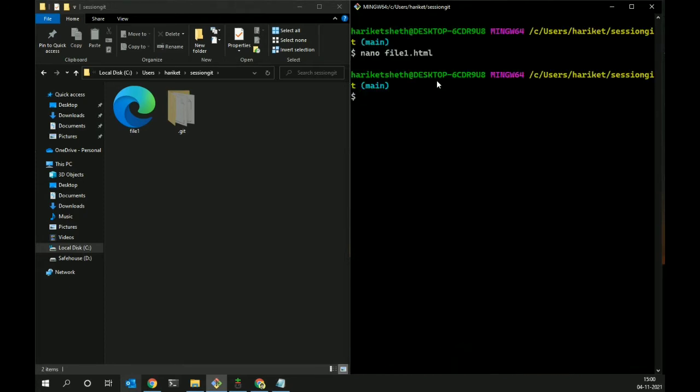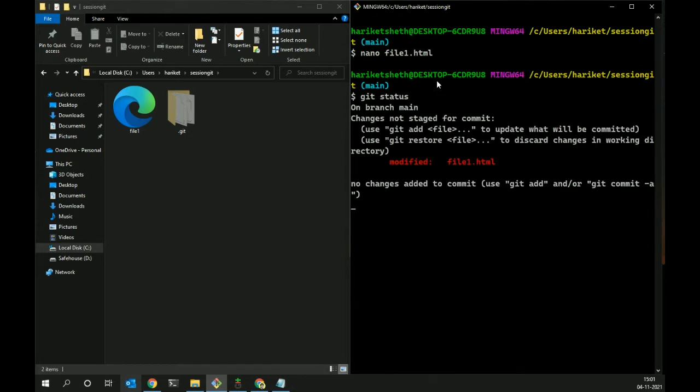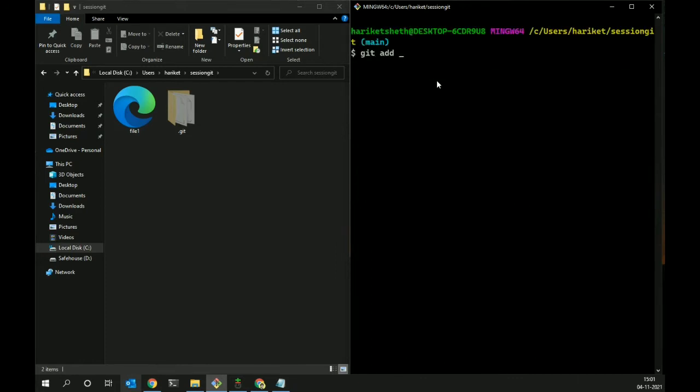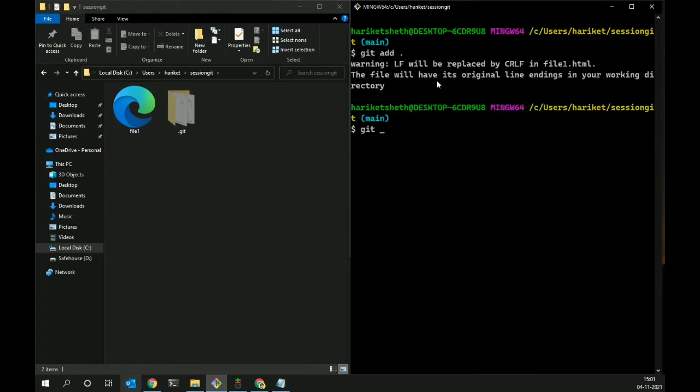Yes, so I have added these changes in file 1.html. Now if you do git status, it should show modified, right? Great, so it shows modified. Now again I have to stage it, and I have to commit it.